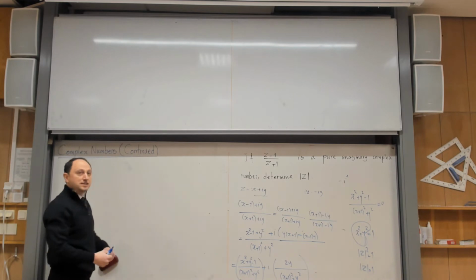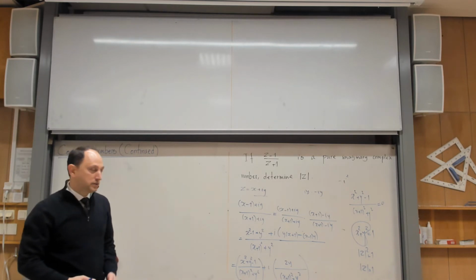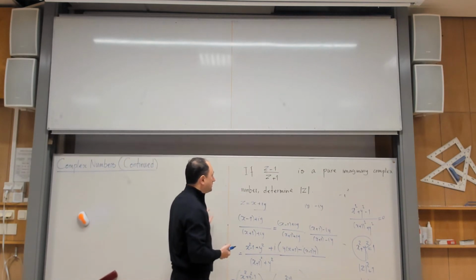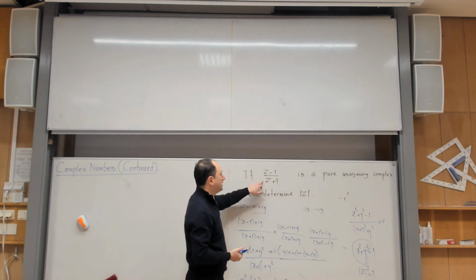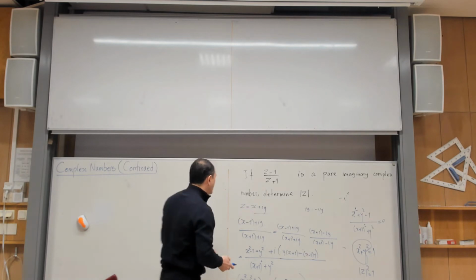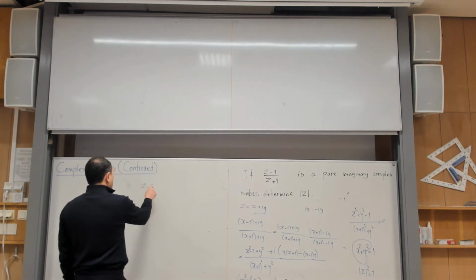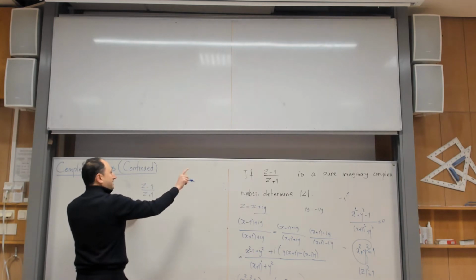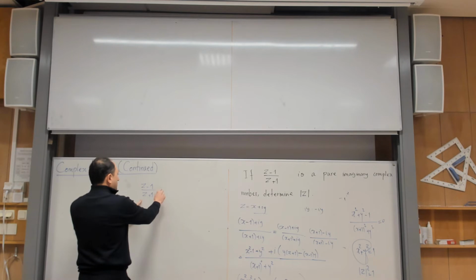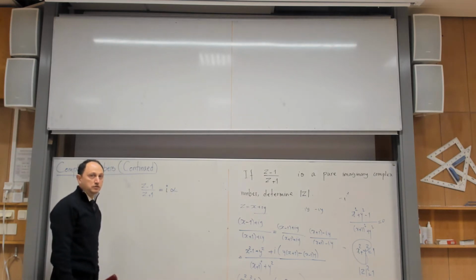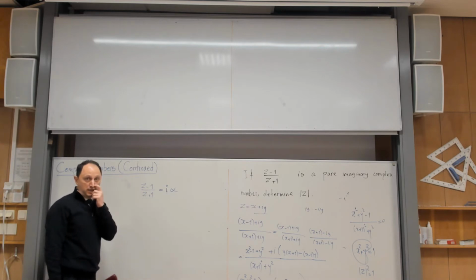So this is an unusual way of thinking, but if you practice more, then you will enjoy these kinds of things as well. The person who has solved the problem is saying that, okay, you are telling me that this is a pure imaginary number. Instead of starting from this one, I would say that z minus 1 over z plus 1 is a complex number. But you are telling me that's a pure imaginary number, so it means that this is i times a number alpha. Yes? This is the way that they have done it.